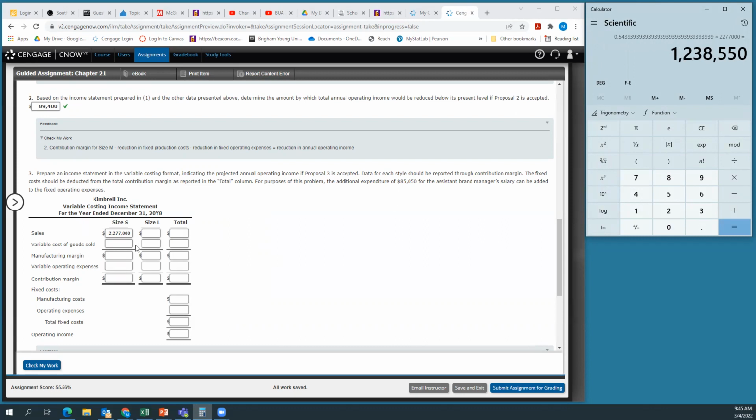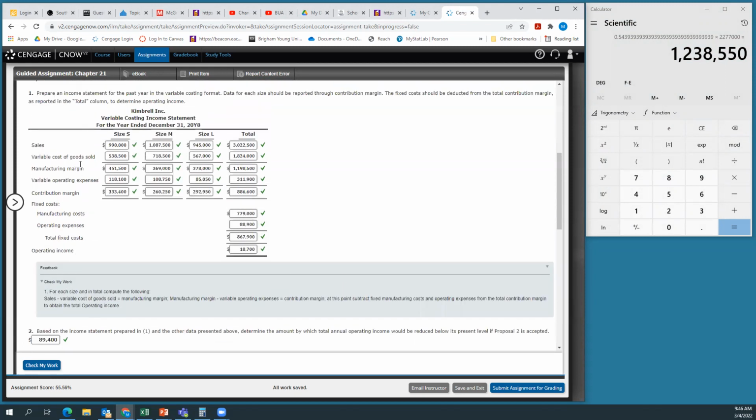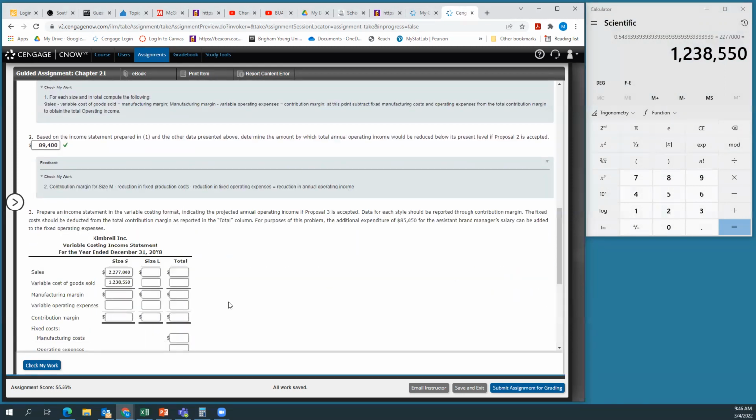And that gives me my variable cost of goods sold. Remember that variable costs are variable in relation to the sales. So as sales go up, they're going to go up by the same percentage. So that's why we had to go up here, find variable cost of goods sold as a percentage of sales, and then multiply that percentage times the new sales to give us the variable cost of goods sold. So our manufacturing margin is just going to be our sales of 2,277,000 minus our variable cost of goods sold,